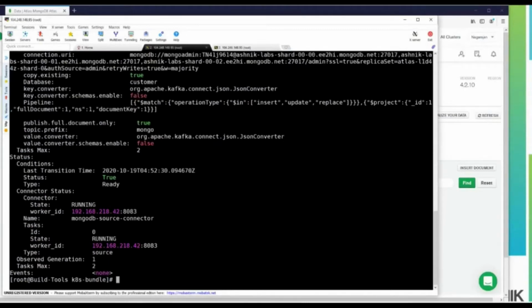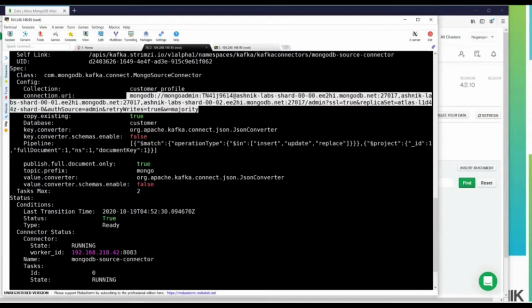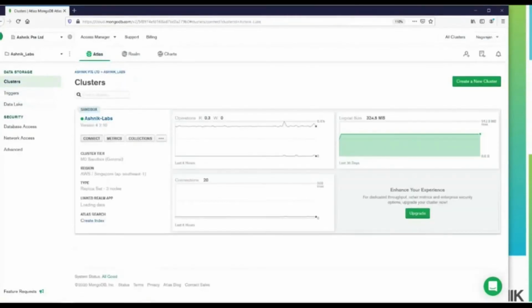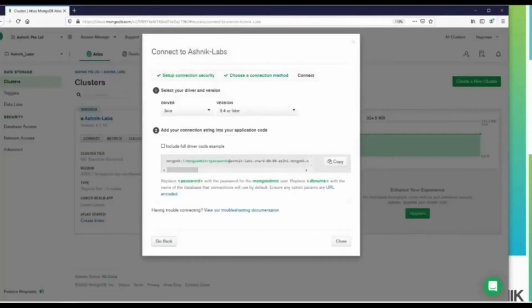Here we have set up our source connector using the MongoDB Atlas connection string to connect with our MongoDB cluster. This connection string can be pulled from Atlas. If you go to Connect to application, this is our connection string. Just copy this connection string and change the login ID and password.